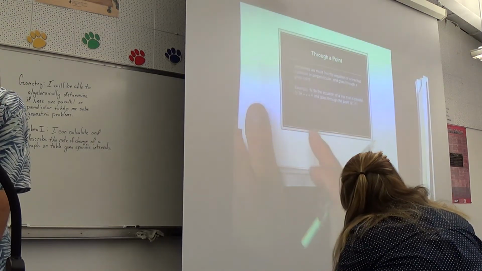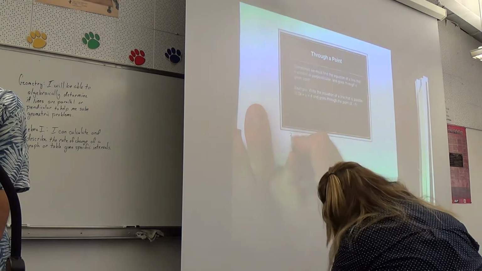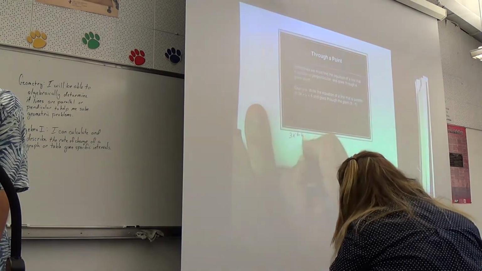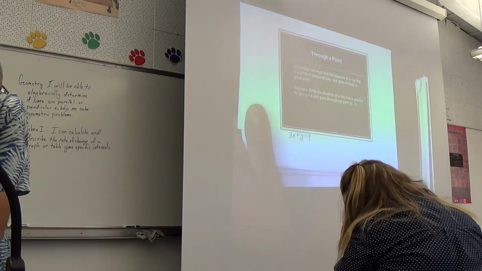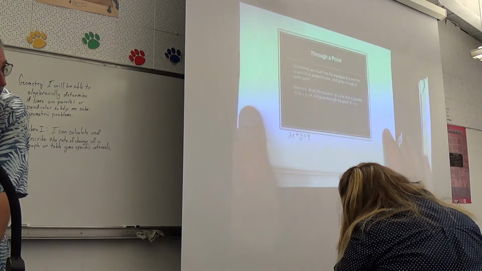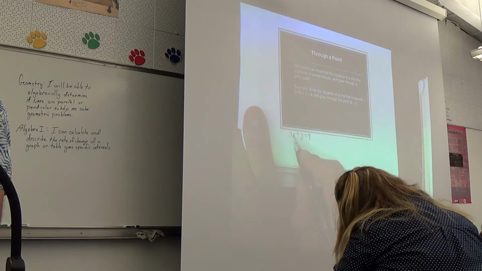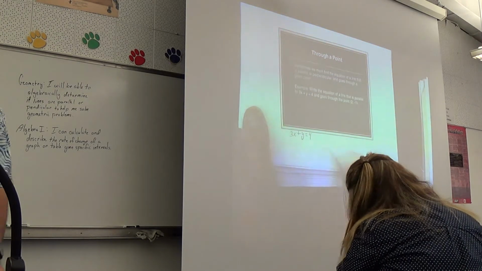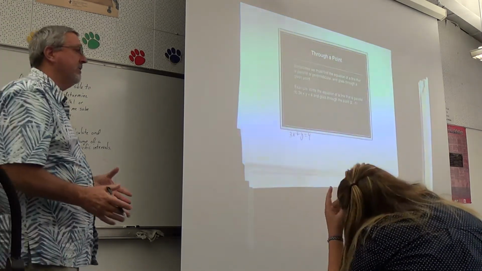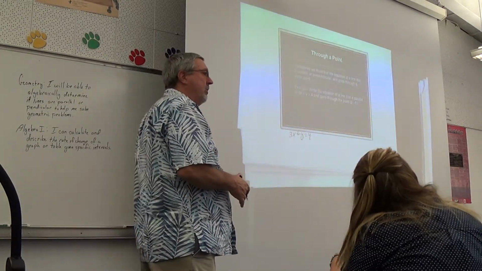So let's rewrite that. We have 3x plus y equals 4. We've got to make this equation y equals. So we're going to move this 3x to the other side. Well, the only way you can move things is by adding them